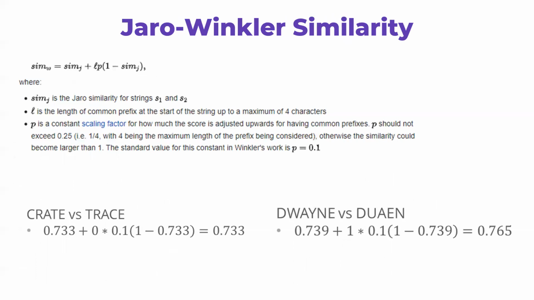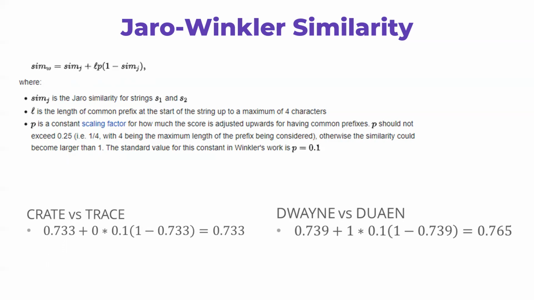Now, the Jaro-Winkler similarity takes that result that we've just seen and adds a prefix booster. This is done by taking a product of the length of the common prefixes at the start of 2 strings up to a maximum of 4 characters and multiplying it by a scaling factor. Now, this product is used in such a way that the overall Jaro-Winkler similarity is never meant to exceed a